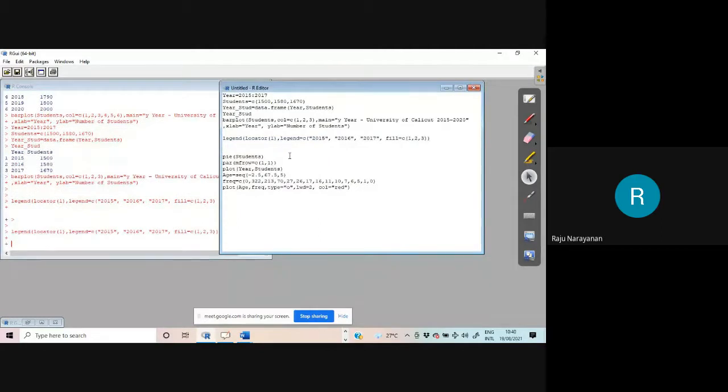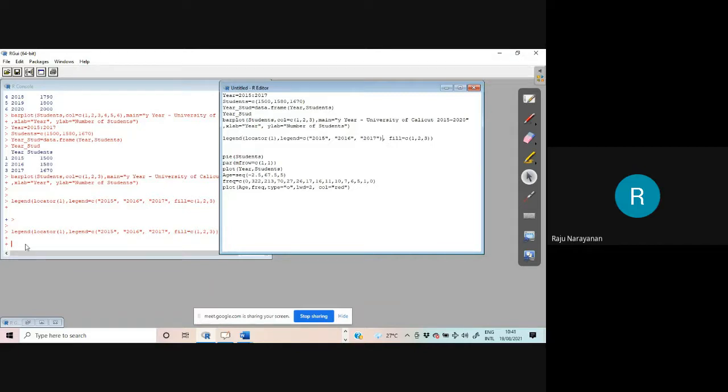Again, what happens? 1, 2, 3, 4 opened, 1 closed. Here I have to close 1 bracket. 1 closed, 2 closed, 3 closed, 4 closed.